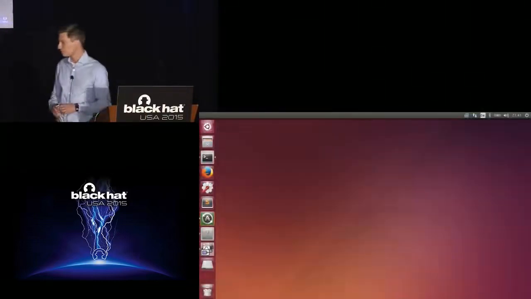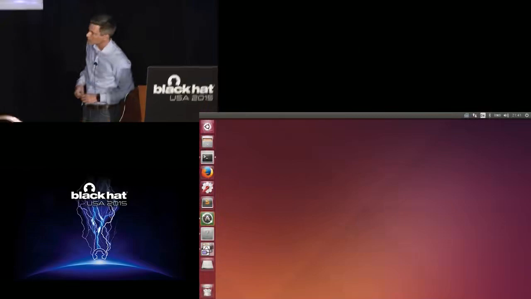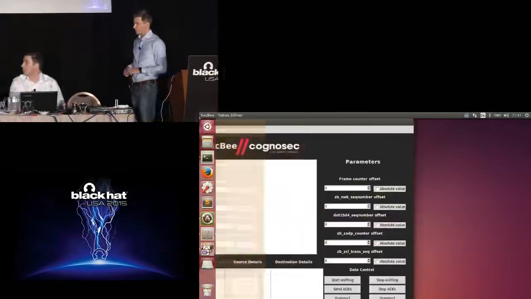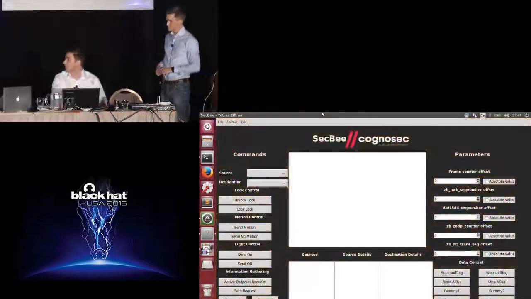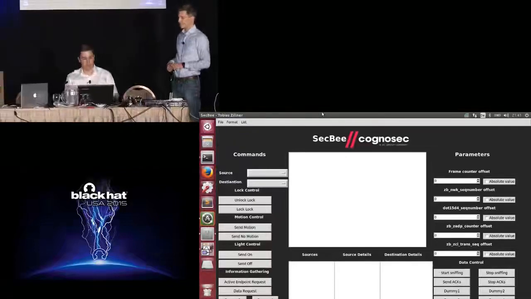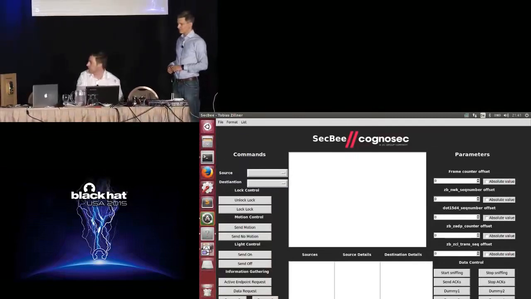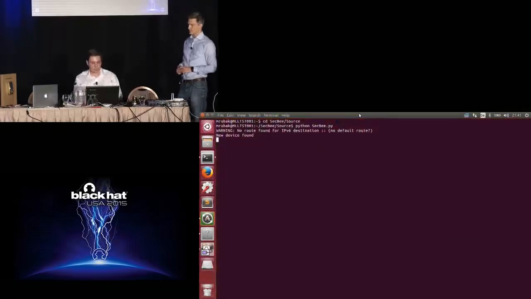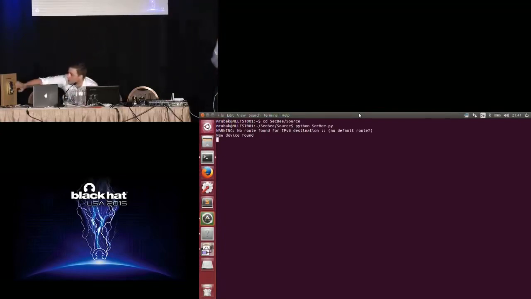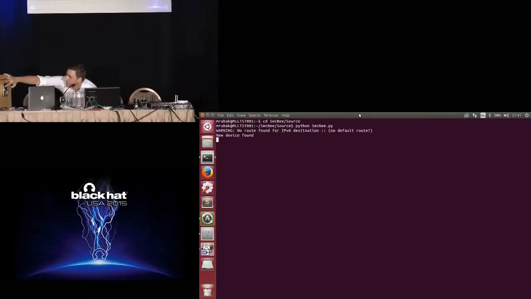And he can show the tool. That's the wrong screen. Yeah, so that's actually our tool. We added a graphical user interface. I started the sniffing now, so the USRP is set in sniffing mode and waits for ZigBee transmissions. Now we have our smart hub here. I put the smart hub in pairing mode, and I will also add our lock to the network now.